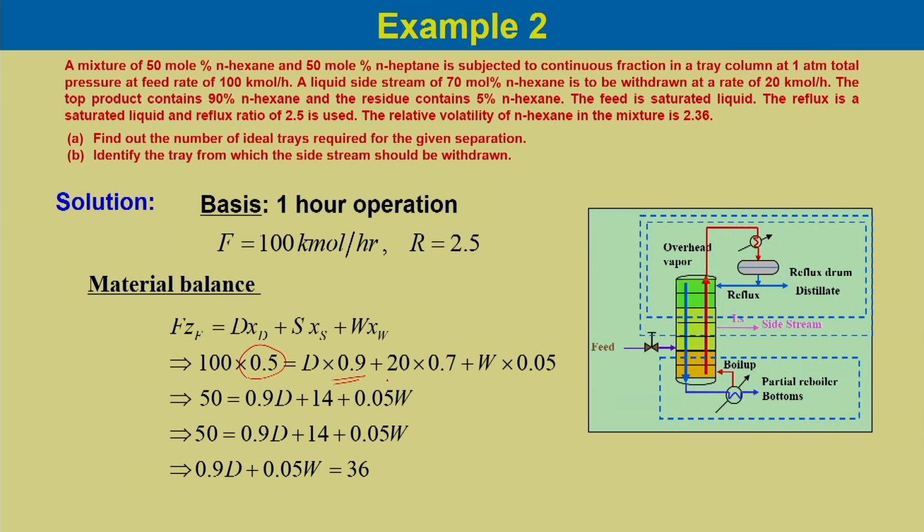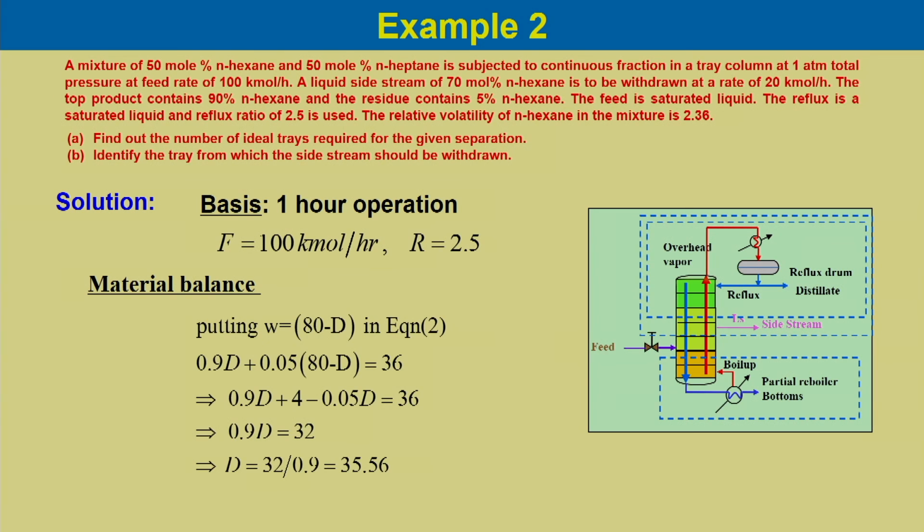that is a distillate, and we have 20 kilomole per hour withdrawal rate for the side stream having 70 mole percent of n-hexane. So, it is 0.7, and your bottoms contains xW is 0.05. So, if we do the balance equations, it would be 0.9 D plus 0.05 W equal to 36. So, this is the material balance equation relating distillate and bottom product, and putting the total material balance over here,